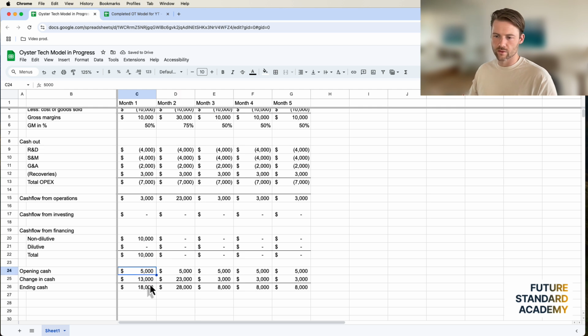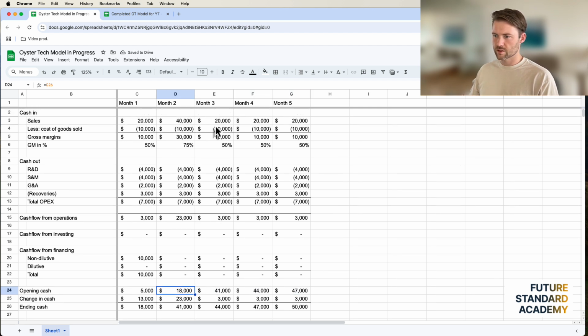And here's the trick. To get the rolling balance of cash over the years, you need to make sure that the opening balance in the next month is equal to the closing in the previous. So I'm going to bring that forward, and that's where we're going to see. I actually want to tone this back a bit. I want to show you what happens in a more realistic situation.